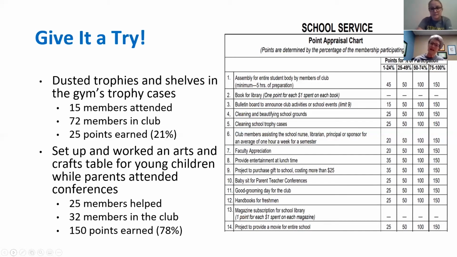One of the things that I really like about this points system is that it doesn't matter how big your club is. You can have a very small club and still earn lots of points. You can have a very large club and still earn lots of points. It's all about how many people participate out of your group. It's not about how big your group is to start with. So everybody's on an equal playing field. Big clubs and small clubs, it's all the same. It's about getting members to participate and join in the fun and do those service projects. And then making sure that you also communicate with your club how they're doing on the points.